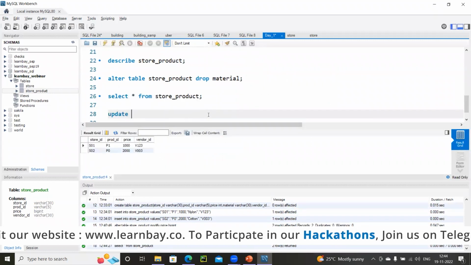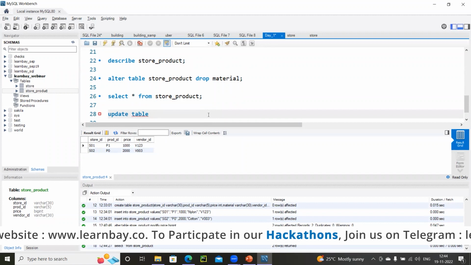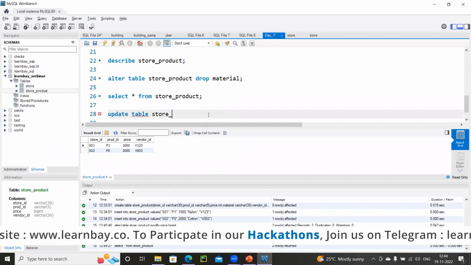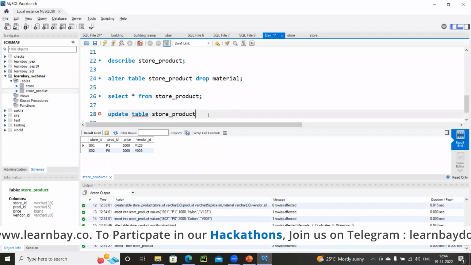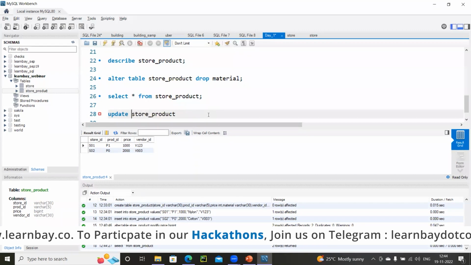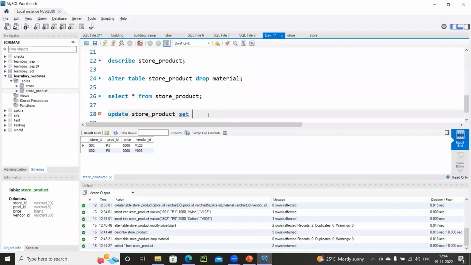Now suppose I'm trying to update some of the entries inside my table. You should directly write update table name set. Let me change the price, maybe changing the price of the product P1 to 1500, where prod underscore ID is equal to P1.